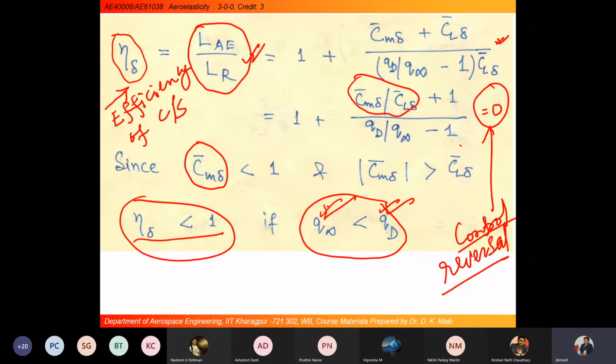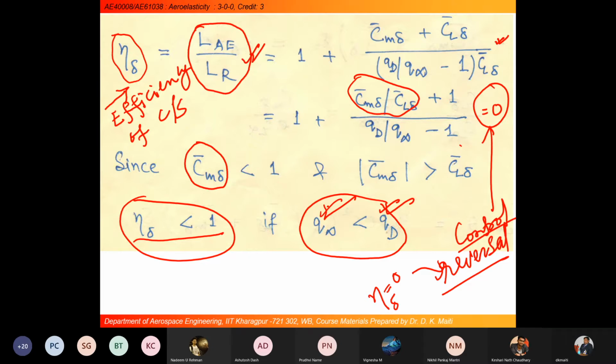Then I have manipulated it here to show the value of eta delta, that is the lift efficiency, and when this lift efficiency becomes 0, I am calling that the control reversal. That is the condition of control reversal: when eta delta is equal to 0,